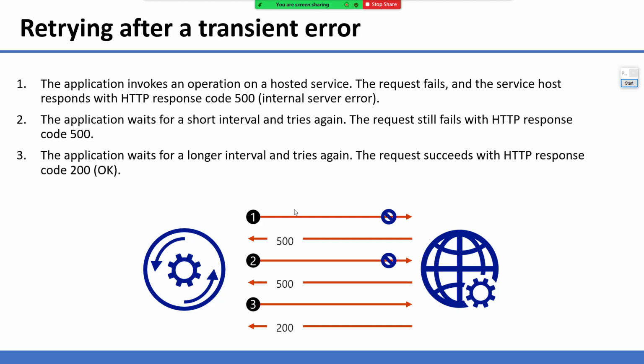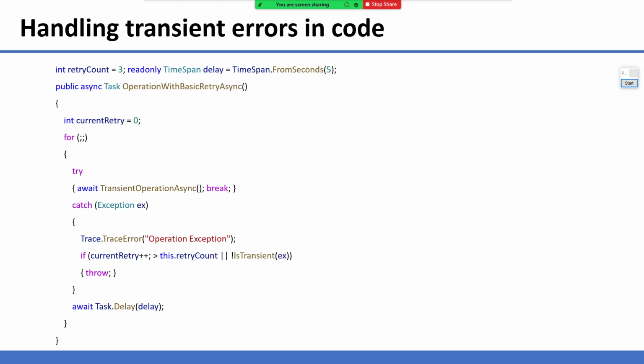You can use those NuGet packages and write the code within that function. You just need to call a function, and on top of that function you orchestrate the retry logic. You see here: retry count 3 and time span delays from seconds 5. So when it fails the first time, you delay 5 seconds. That is how you handle the transient error in the code: you write a method and within that you write the logic. We have various NuGet packages available, and third-party libraries are also available. You can leverage them.